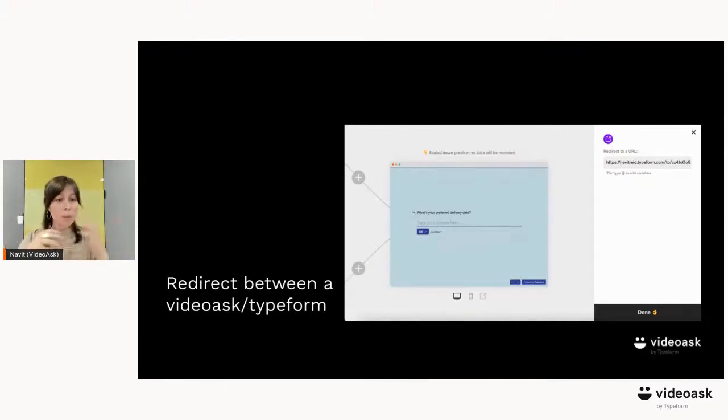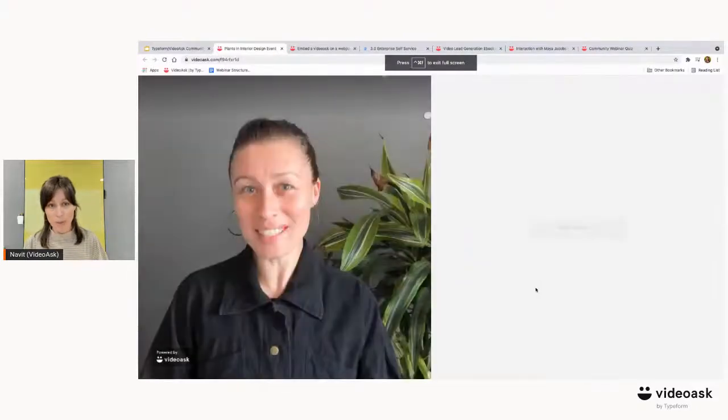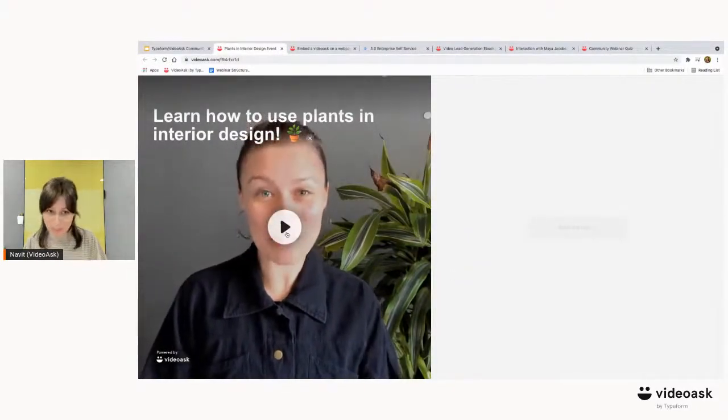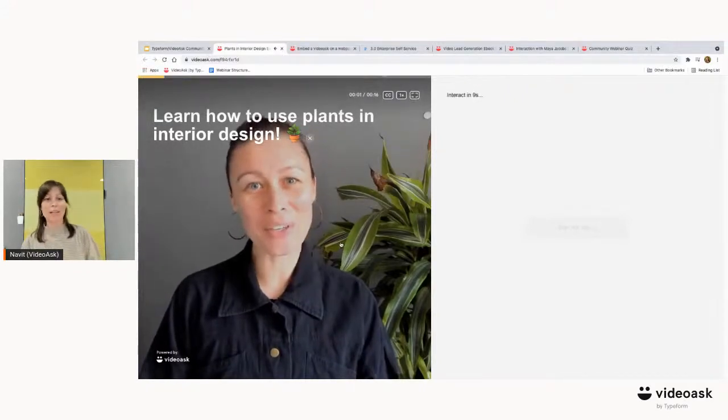So if you want to redirect between a VideoAsk and a Typeform, if you're familiar with hidden fields or variables, you can connect the forms and pass information back and forth between them. You can also do it purely for the experience of it. So if you want to go ahead and click the image there, Grace, then we can see what it looks like to redirect between them. So if you want to go ahead and play that video,